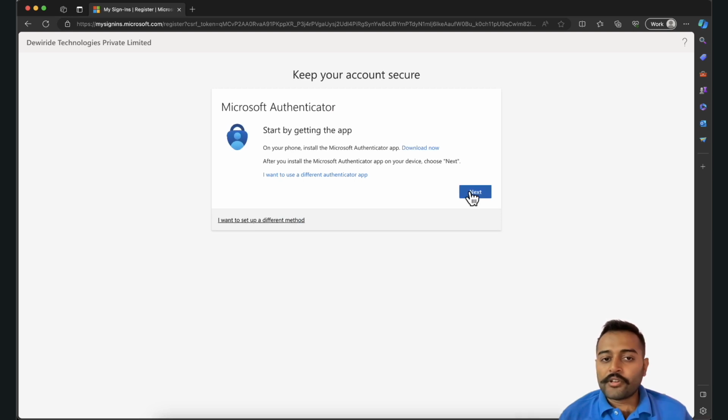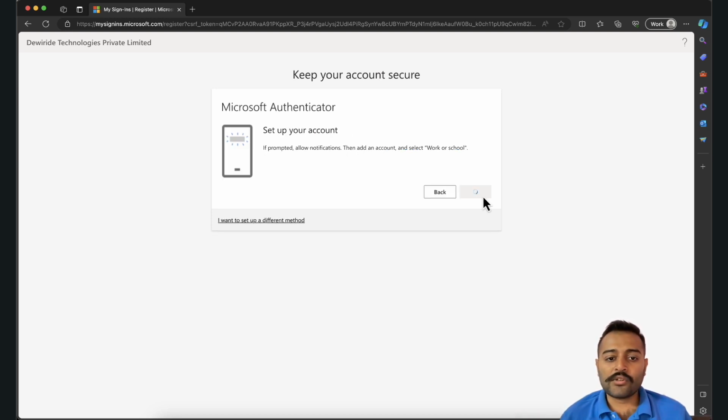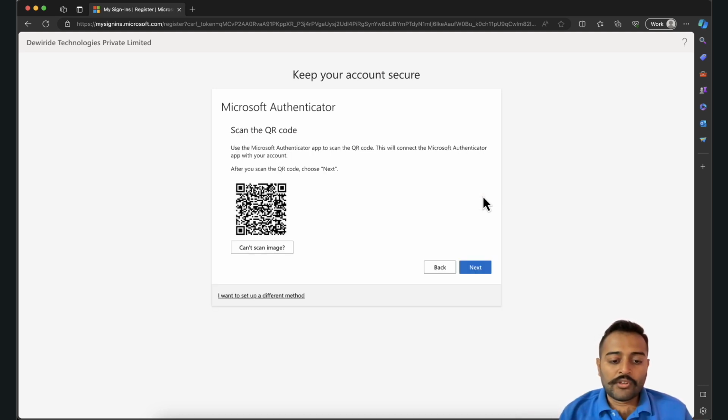And you can easily configure it. You can use any authenticator application, a different authenticator application, or you can work with the Microsoft Authenticator app. So let's go next. You just need to download an application on your mobile device. I'll be using Microsoft Authenticator. And once you open the application on your device,